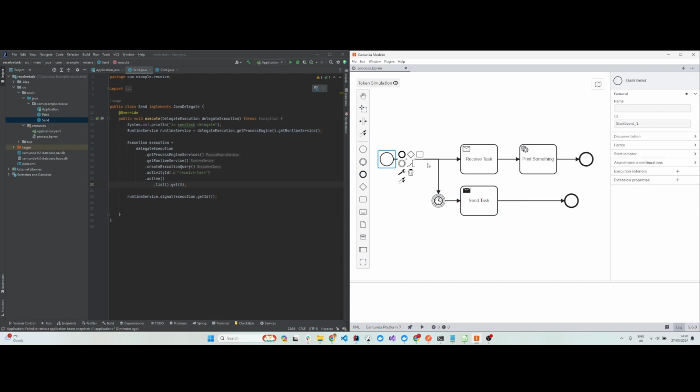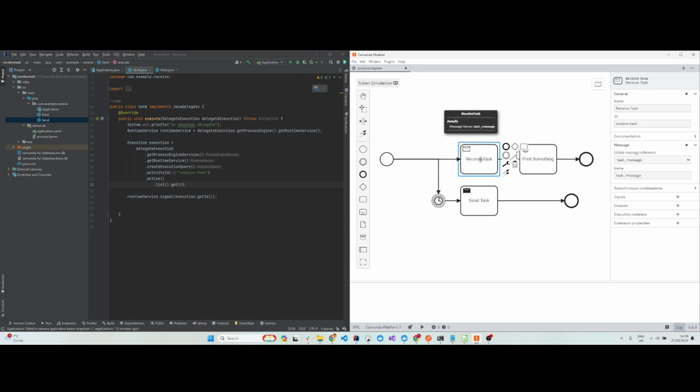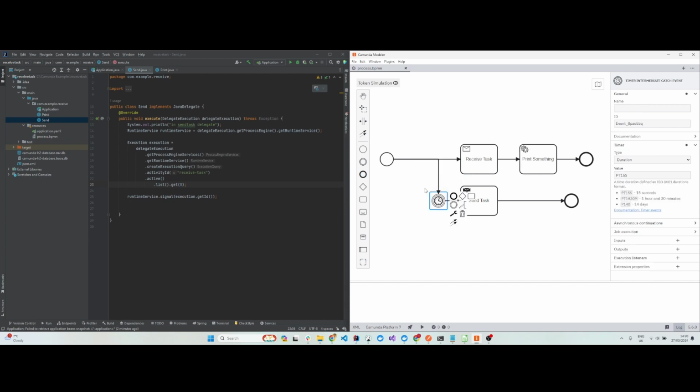Once the process is started, it goes in both these directions, and here it waits for 10 seconds. And you know that once it goes to the receive task, unless it receives a message, it waits there. So it waits for 15 seconds here at the timer, and then it sends a message using the same send delegate. So in the send task, what you are doing is,